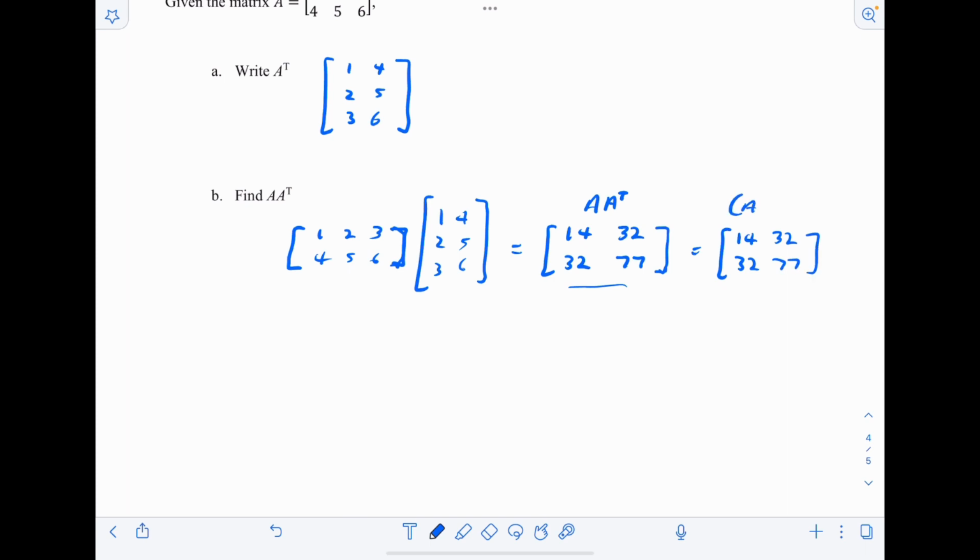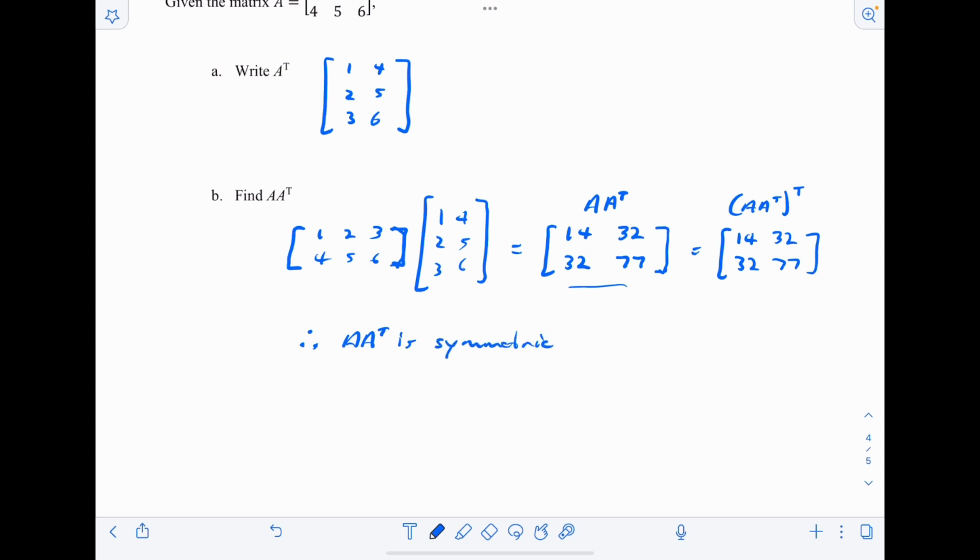In other words, I took this matrix, A times its transpose, and I took the transpose of that. I again get the exact same matrix back. So when that happens, we call this matrix symmetric. So we're going to say that A times A transpose is symmetric